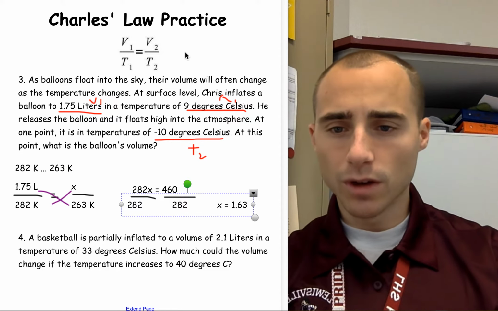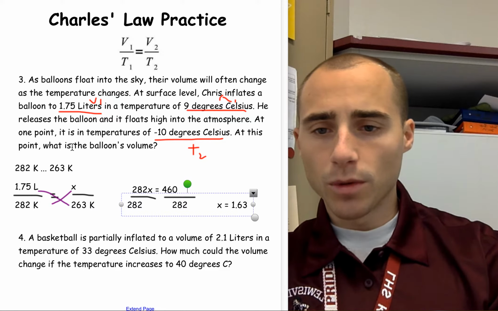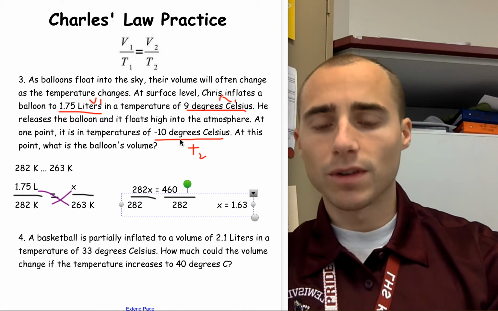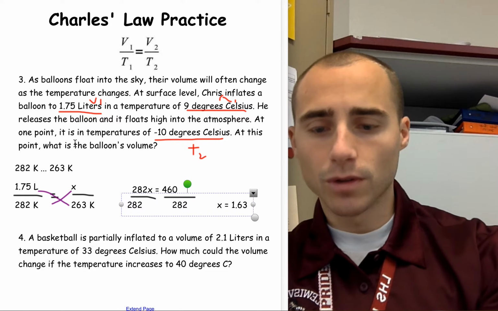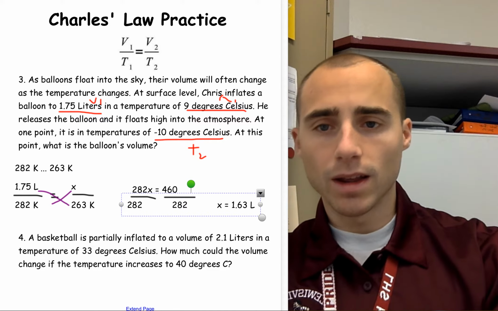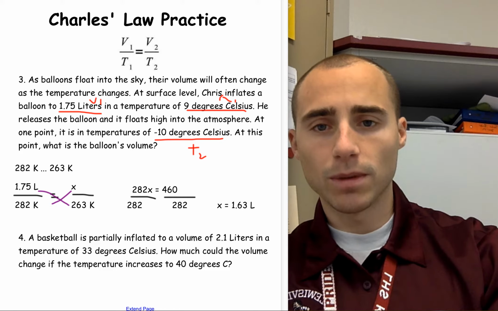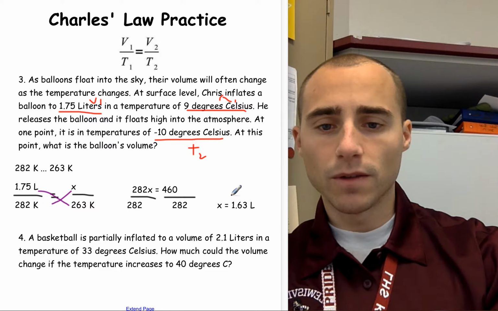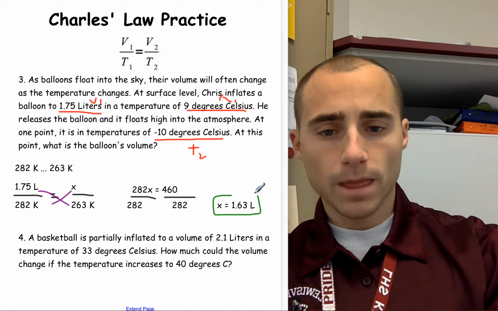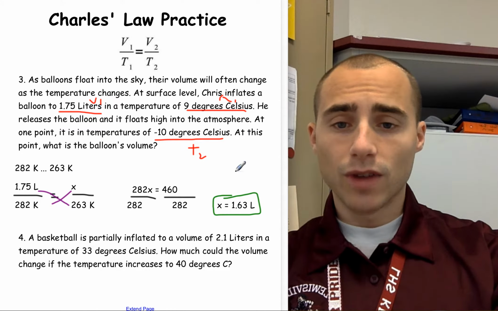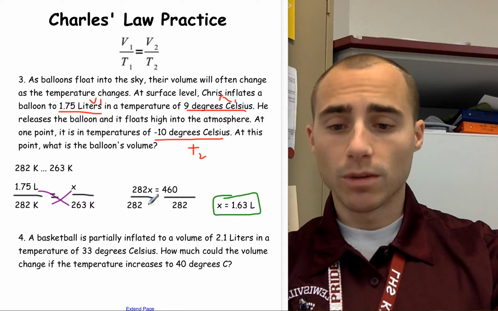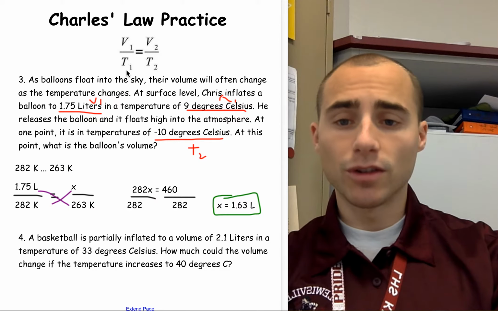1.63. And what were we solving for? At this point, what is the balloon's volume? So if the temperature decreases to negative 10 degrees Celsius, what is the balloon's volume? It's going to be 1.63 liters. So we see the relationship continues in terms of the volume decreasing as the temperature decreases. So that's one way you can always check your work to make sure that everything is following that direct